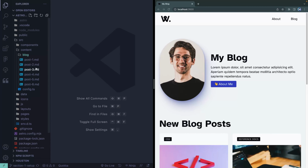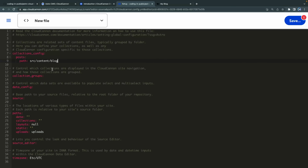These files right here, I want them to be able to edit or add to or all that kind of stuff. So that's the first thing I'm going to do. The only other thing I'm going to do is change, let's see, right here. I don't need to tell it where the collections or the data or any of this stuff is right here,